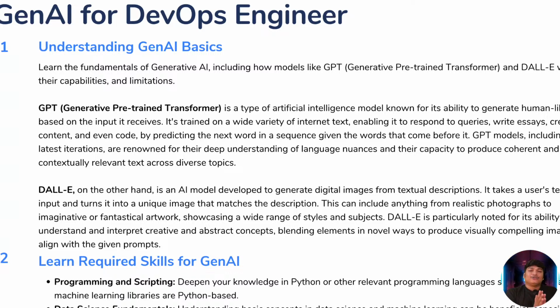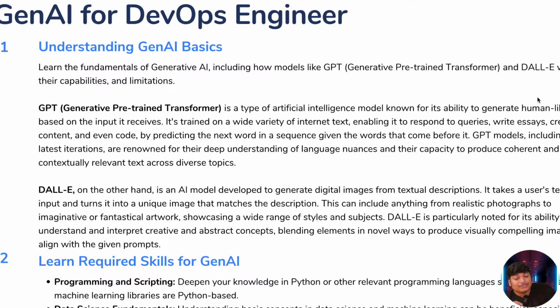So for example, you ask DALL-E specific models to generate an image of a man writing an essay, or a man doing a painting, and it will generate that, a man doing some painting, that kind of stuff. Okay, that is just an example. Now it takes the user's textual input and turns it into a unique image that matches the description. Again, the thing that is generated might not be exactly what you're looking for, but you can keep asking this model, or the tools that are using the DALL-E model. It will generate, and whatever is the final solution you choose, you'll just download it and use it.